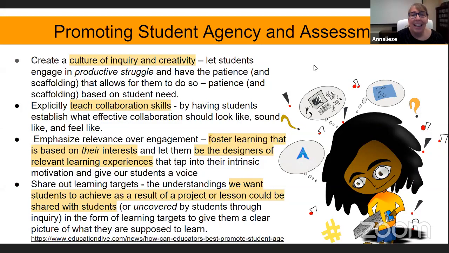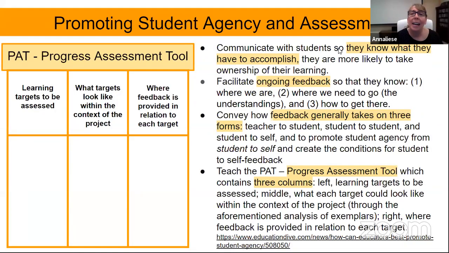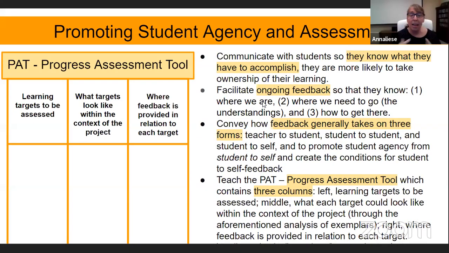Going forward, this other idea of this last little page of assessment and agency, that the students know what they want to accomplish and that there's ongoing feedback, and that feedback frames and pushes how they accomplish their goals. So we have teacher feedback to students, student feedback to each other, and also this idea that you can have feedback to yourself and that you as a learner can reflect on what